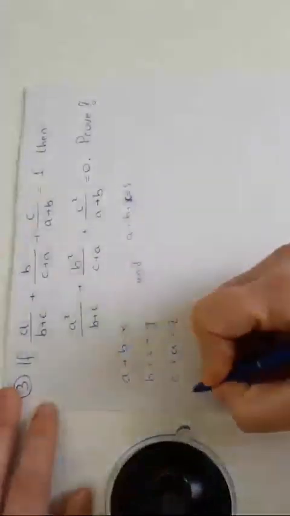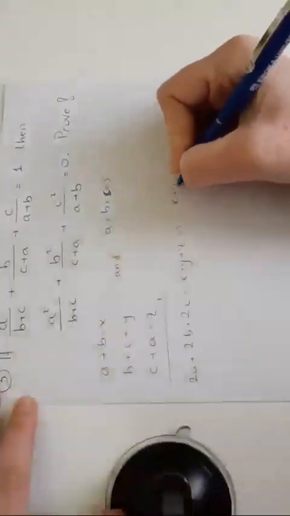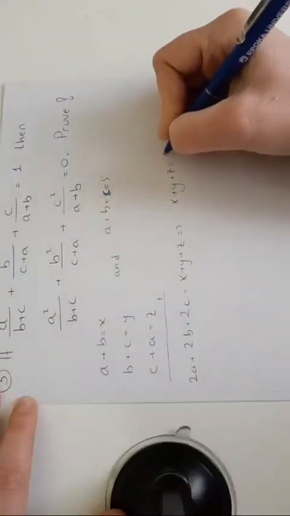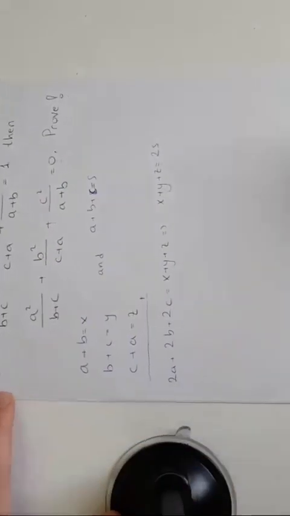So if I add these three equations, x plus y plus z is equal to 2s. Now we have a plus b is x, b plus c is y, c plus a is z. Now in the first equation,